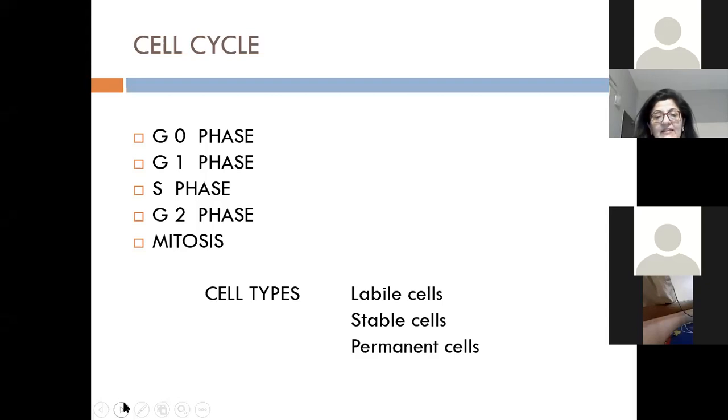The labile cells, the stable cells, and the permanent cells. And the cell cycle consists of these various phases, which is G0 phase when the cells are resting, G1 phase, which is the first phase of growth, then S phase where the chromosomes multiply, the second growth phase G2, and then the mitosis. And if we look at it diagrammatically,